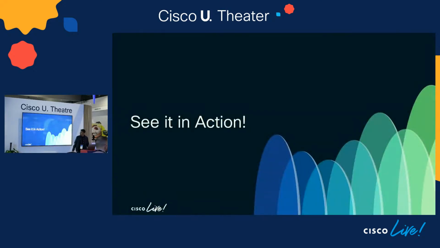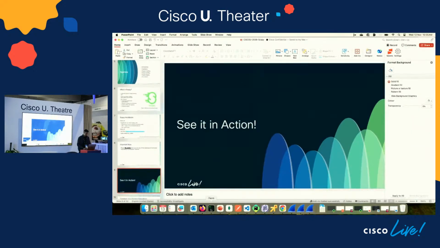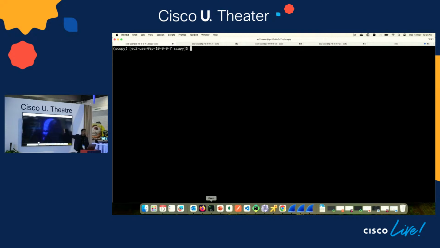So let's see it in action. I hope the font is visible at the back. Okay, great. So I've already installed Scapy because I didn't want to waste any time installing it. So it is already installed. I'll just go to,